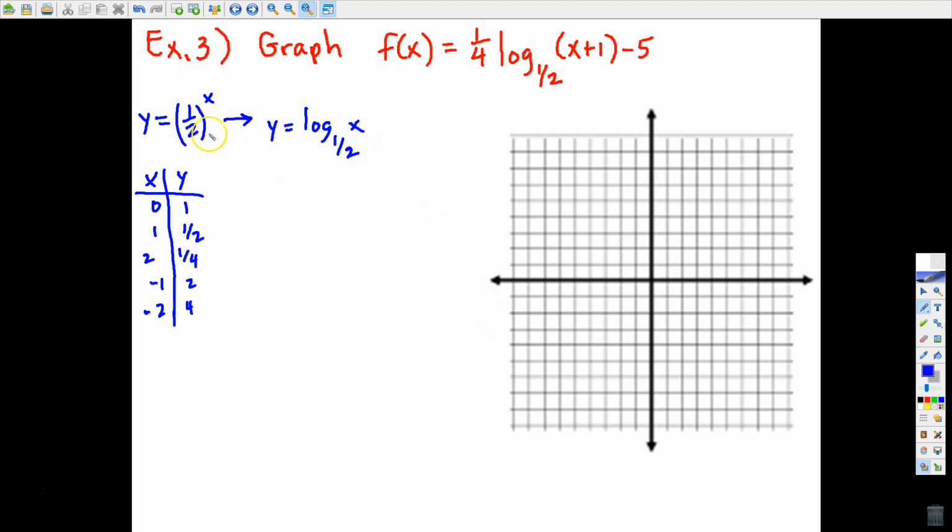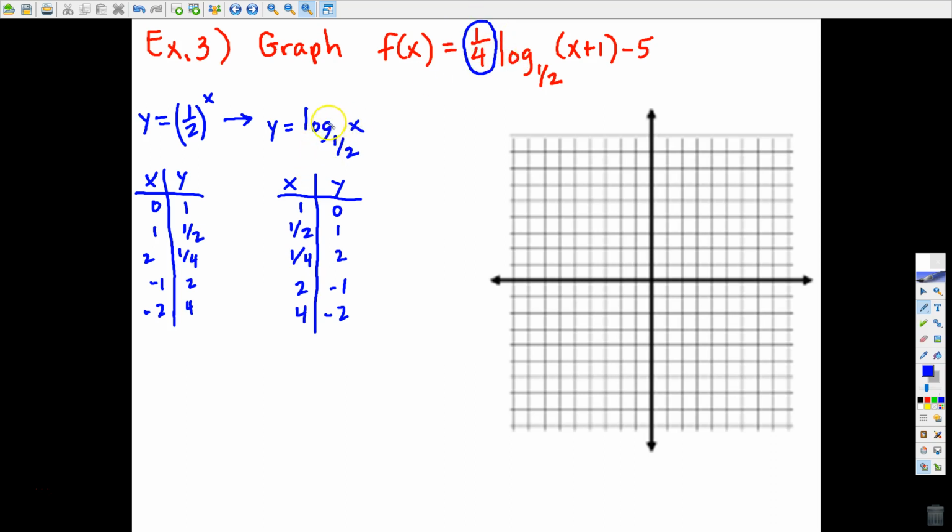All right, so to get the related log table, I'm just going to take those decay points again and switch them. 1, 0, 1/2, 1, 1/4, 2, 2, negative 1, 4, negative 2. Okay, so it's very important that you do that as a first step. After you've created your growth or decay table, you immediately switch those ordered pairs. Now we're going to take care of these guys that represent